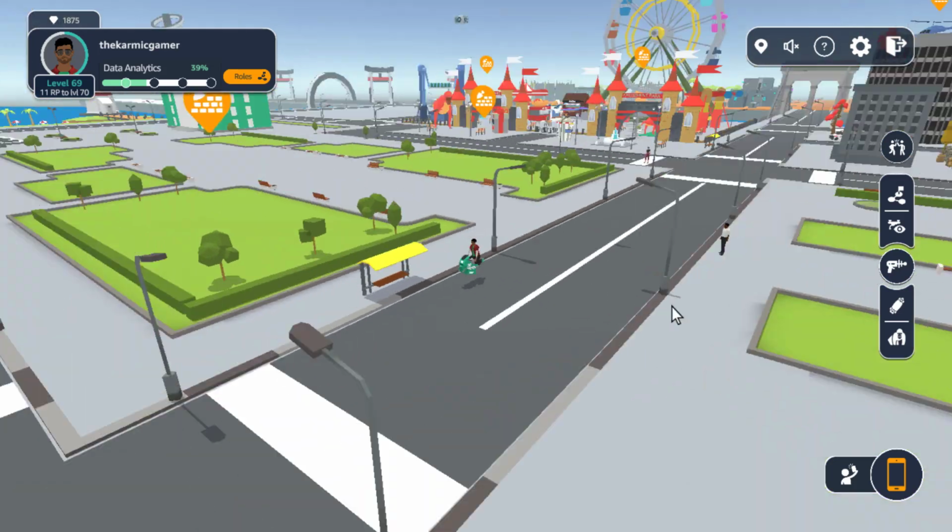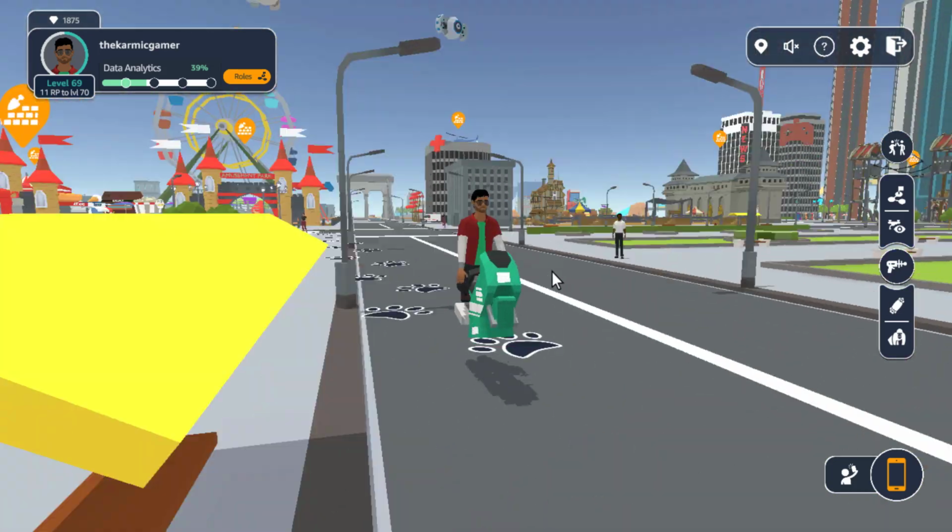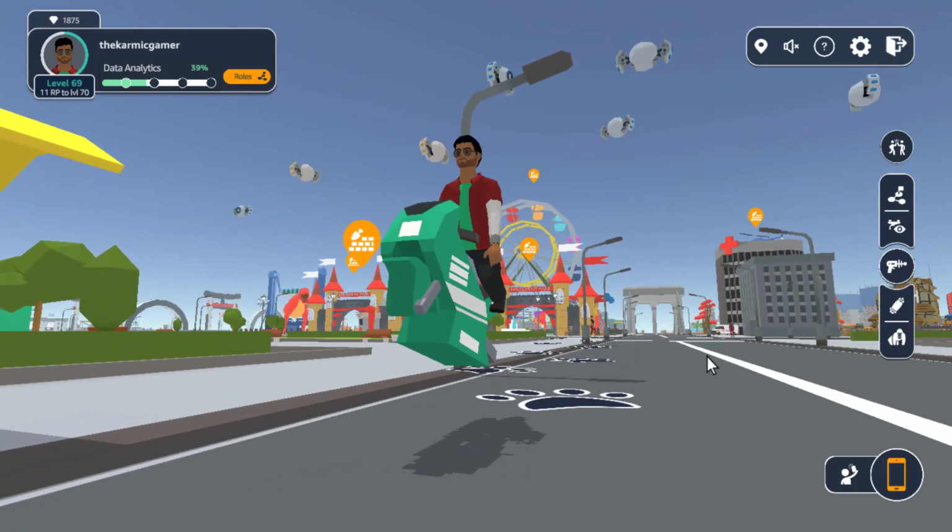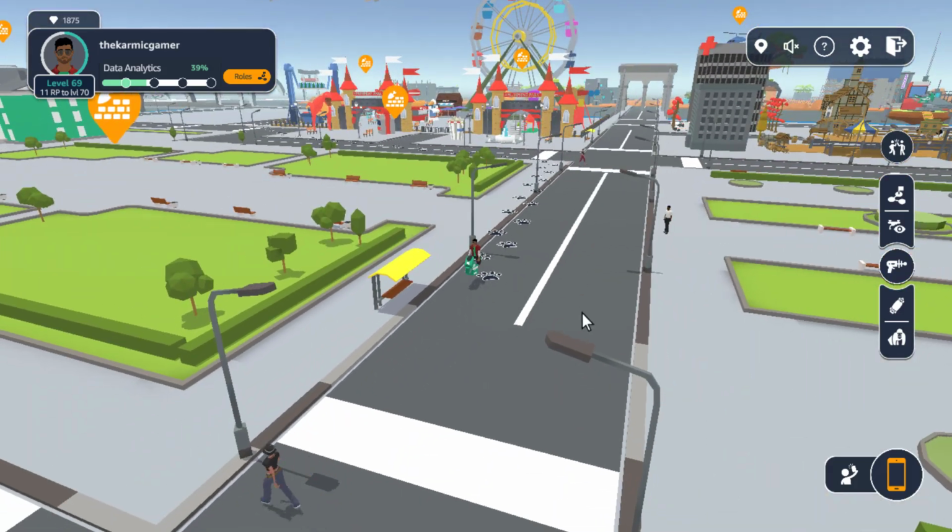So how this works is, initially we will have this world. In each world there will be different islands. Each island will belong to a particular role where there will be different projects. Projects will be given by the NPCs or citizens on this island. We will go to each one of them and they will tell us their problem, and as data analytics engineers we will give them a solution and then implement it for them.